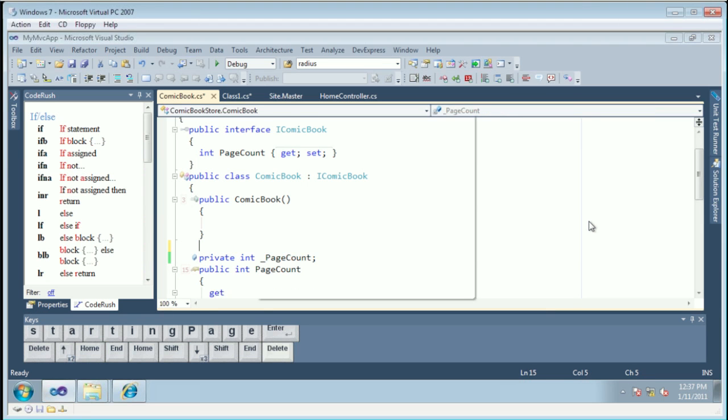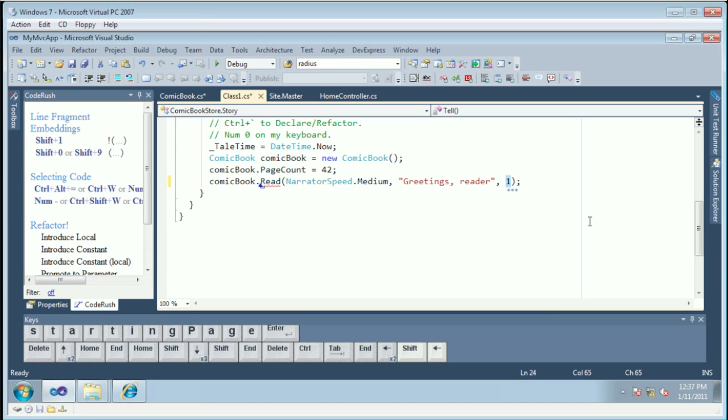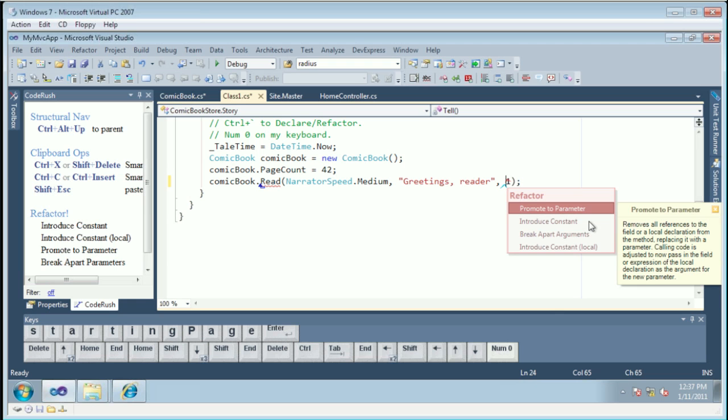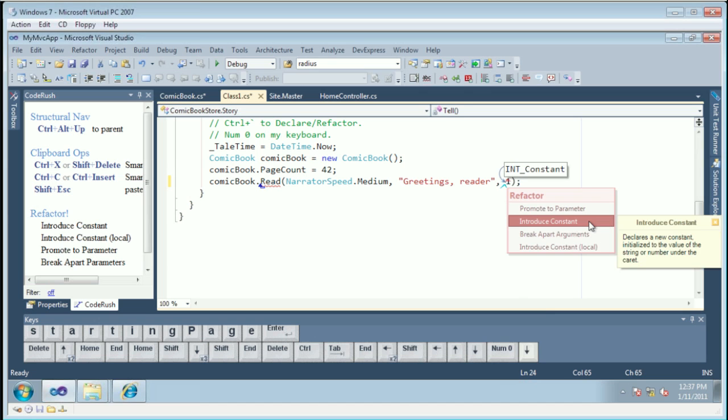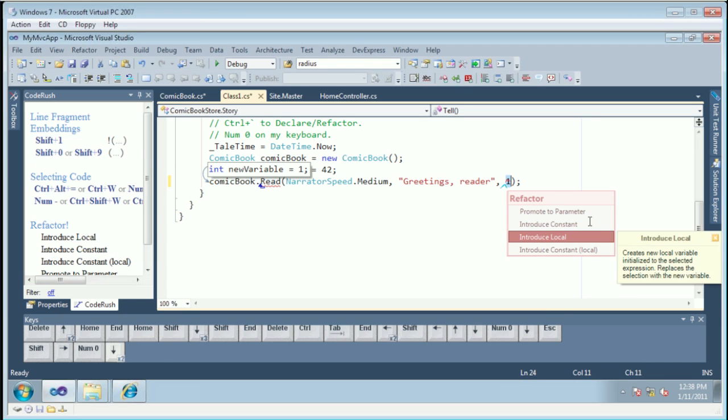In fact, you know what? Let's do this a second. Let's come back and let's change this. Let's select this. By the way, you can do introduce local on primitives like constants or primitive values like this just by selecting them. Normally, it's not available. If you just hit the CodeRush refactor key and you don't select a primitive, it will not be available. You just have options to introduce the constant. But if you want to introduce a local, you can select it like that, and then you have introduce local